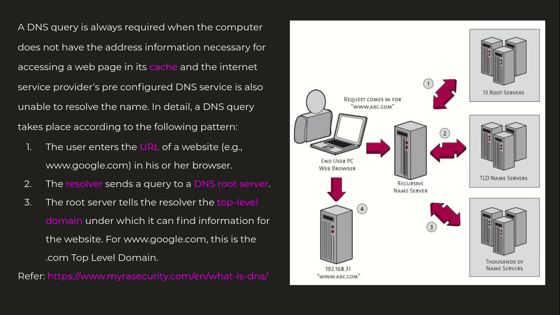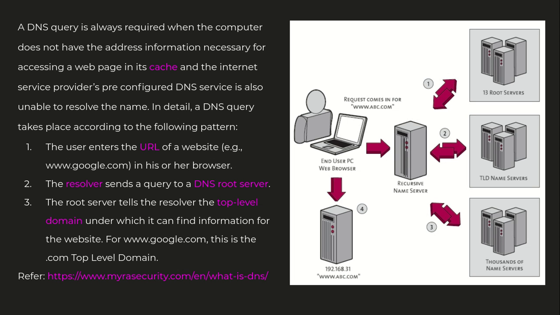Even if you type the domain name, first of all it will check in your cache. If you already have the domain name and its IP address in your cache, then it will take it from the cache rather than going to the DNS query. Let's say you are doing it from scratch. The first step is that you enter your domain name, for example www.google.com. Then it will go to the resolver. The resolver is your ISP's resolver, in other words a recursive name server.